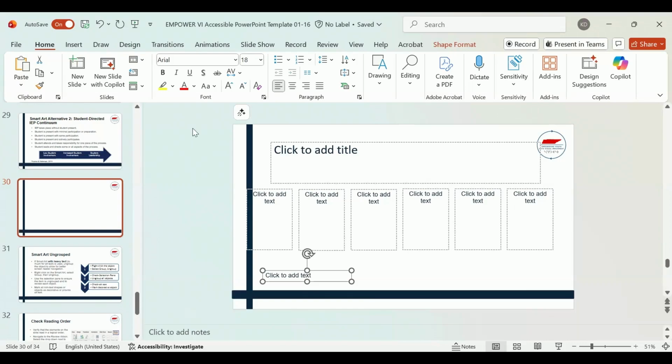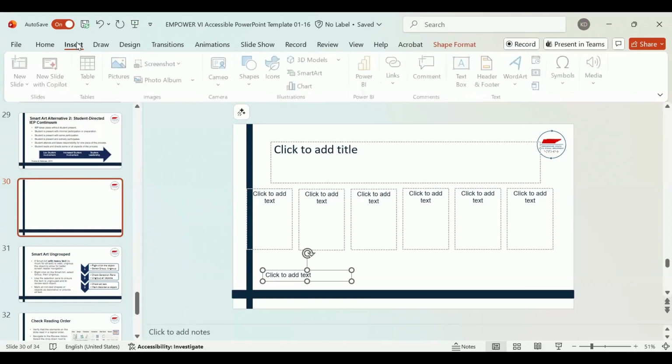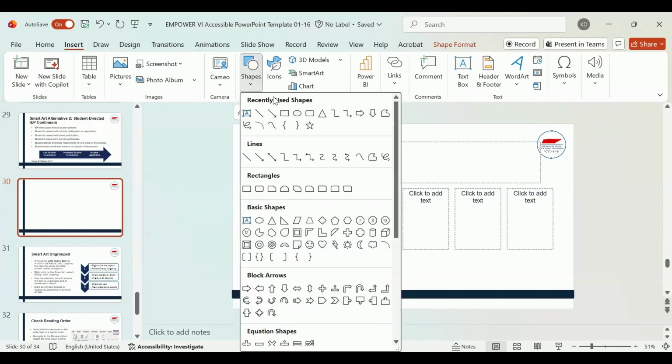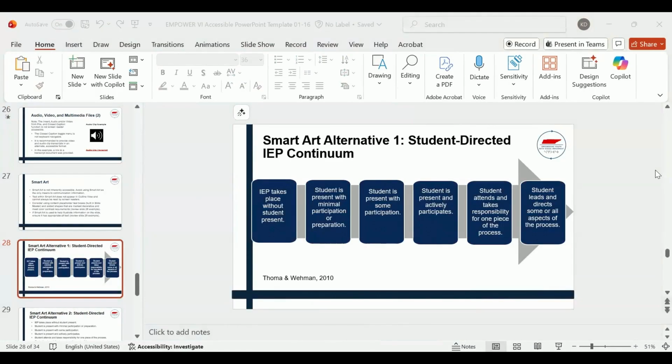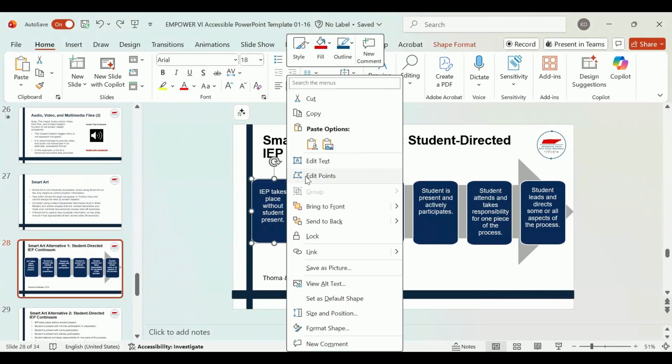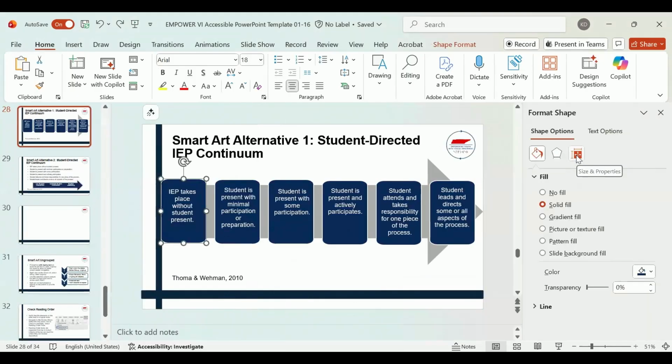From here, I can also use the Insert and then navigate to Shapes, and I can select shapes that I would like to use to build out this visual. On the slide I built, I created a shape for each text box that I was going to highlight. To ensure all the shapes were a similar size, I right-clicked on the shape, I went to Format Shape, and I was able to use the Size and Properties tool